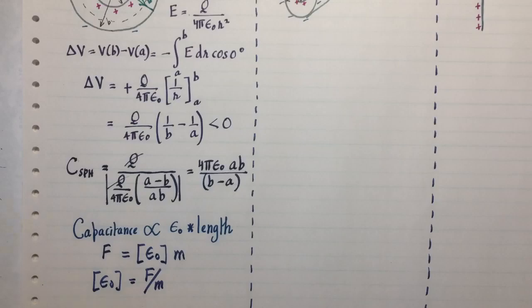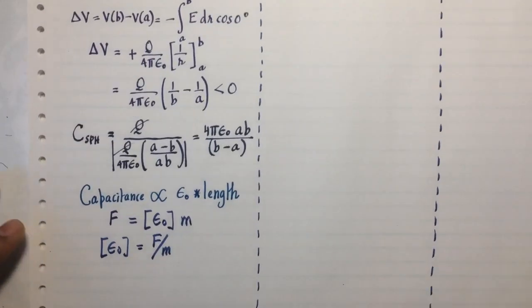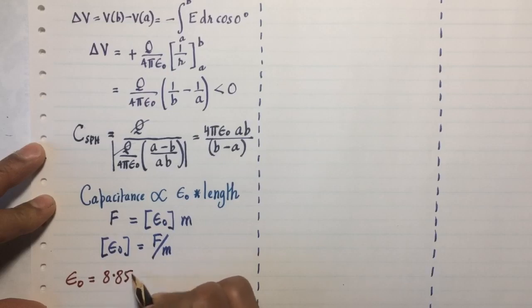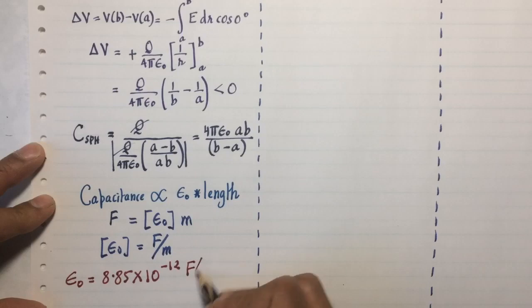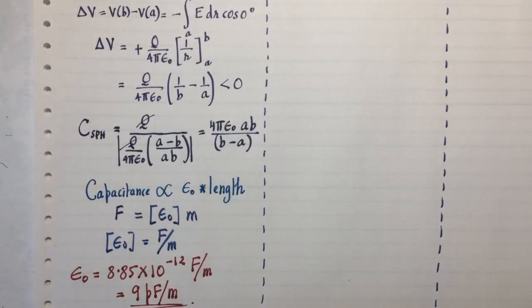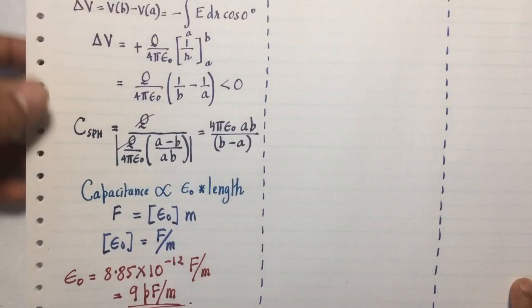Now if you look at the value of epsilon naught, it is 8.85 times 10 to the minus 12 farads per meter, or said another way, it's about 9 picofarads per meter. 1 meter of anything has got 9 picofarads. All right, now let's go to